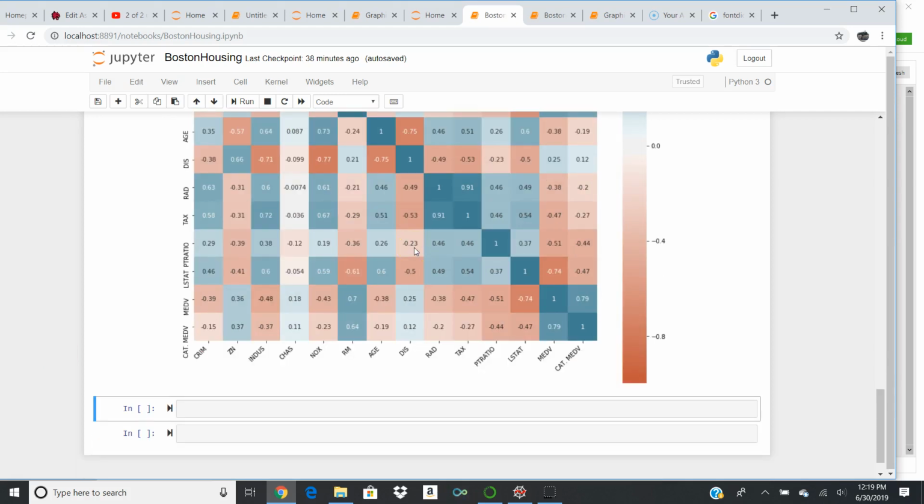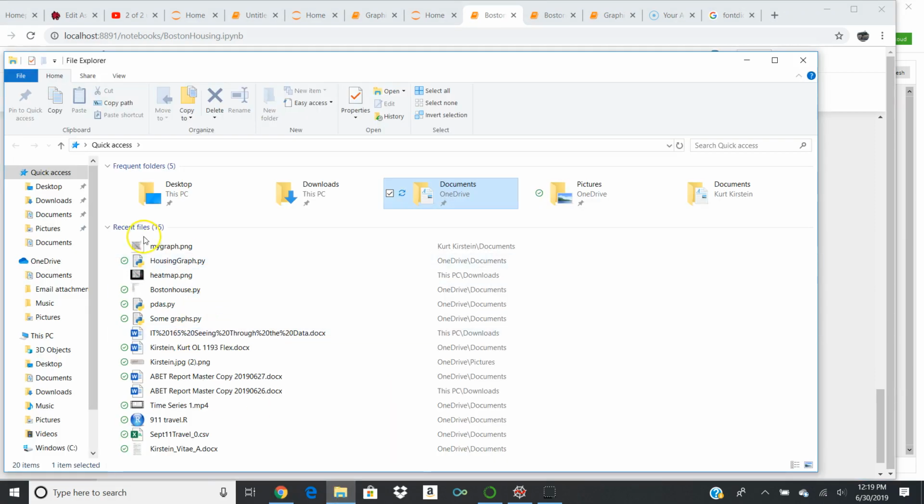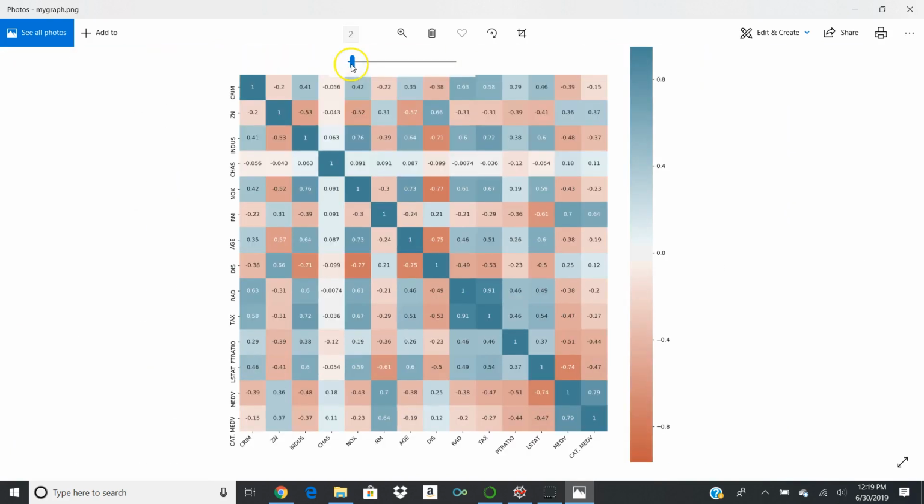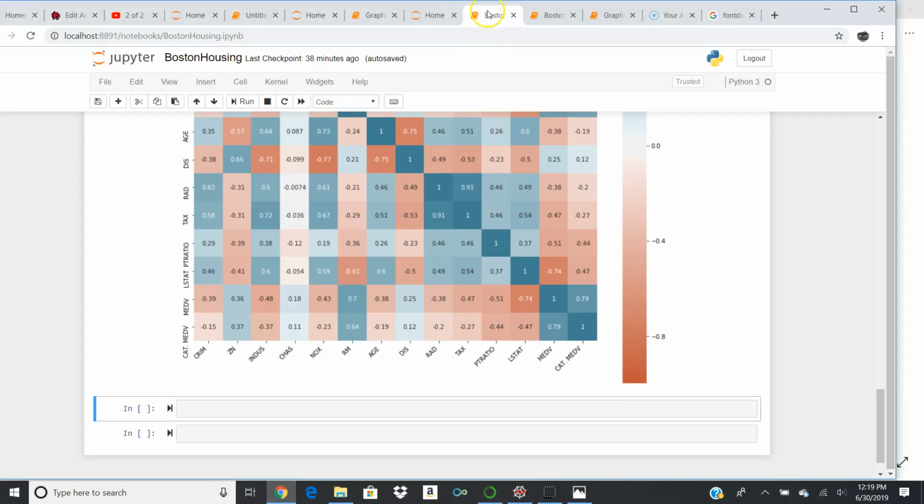So that's all done. The only thing left to check is to make sure that it wrote it out to mygraph.png, which is what I asked it to do. And it, in fact, did do that. It's a little small, but you can always go into the video editor, and you can increase it in size, and modify it, edit it, do whatever you want, and save it, and keep it, all that good stuff. Okay. Going back then to Boston Housing,